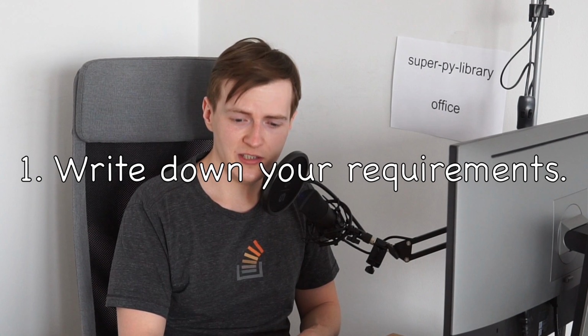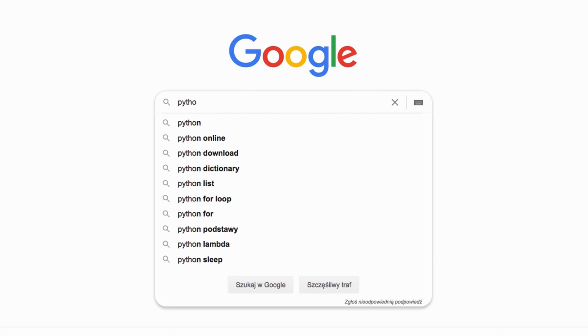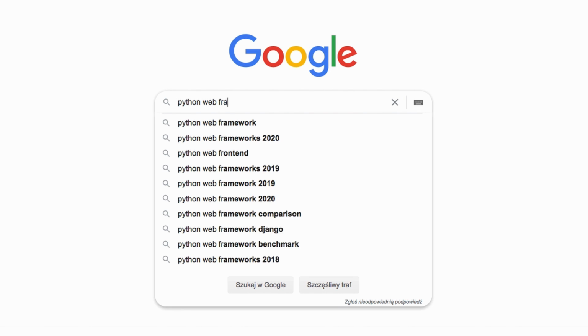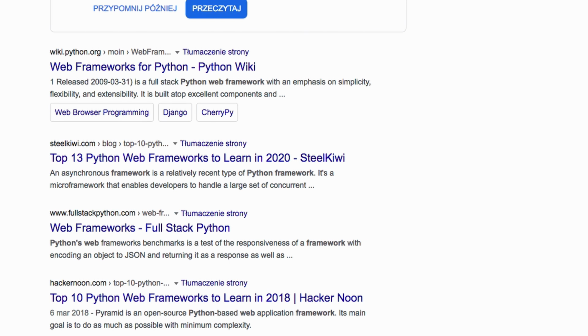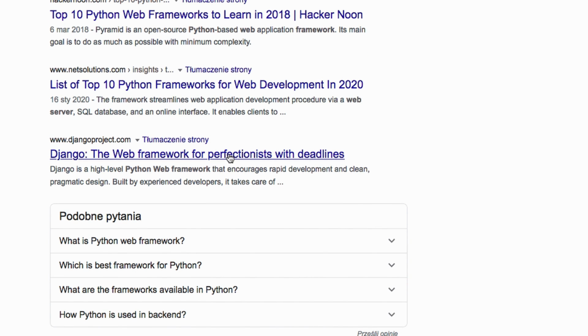So the first step, the base step: write down your requirements. What do you exactly need? Are you going to sell the project once it's finished? If you're doing a multi-million-dollar project, you need to be sure about the license and the code quality. Find out what you really need. Okay, so let's say you and your team decided that you want to implement some REST API in Python. So we just type into Google Python web framework